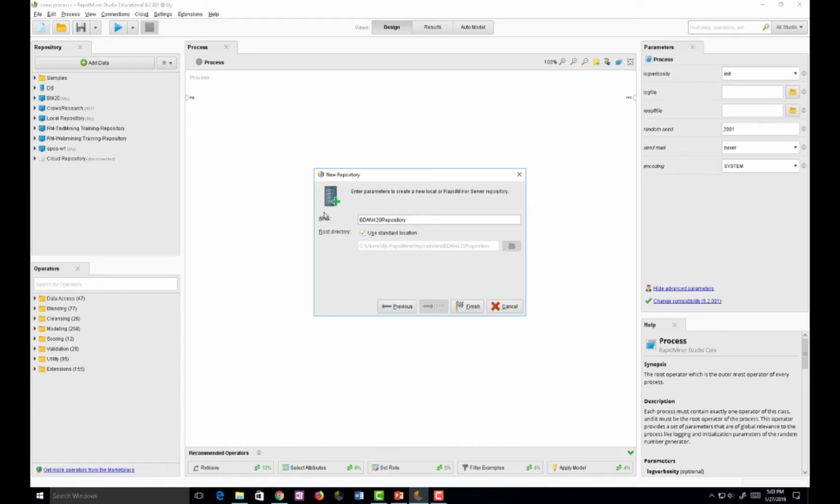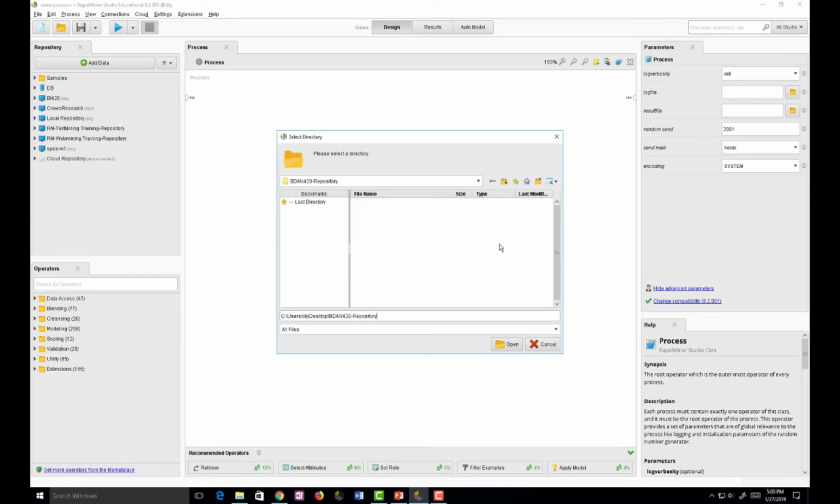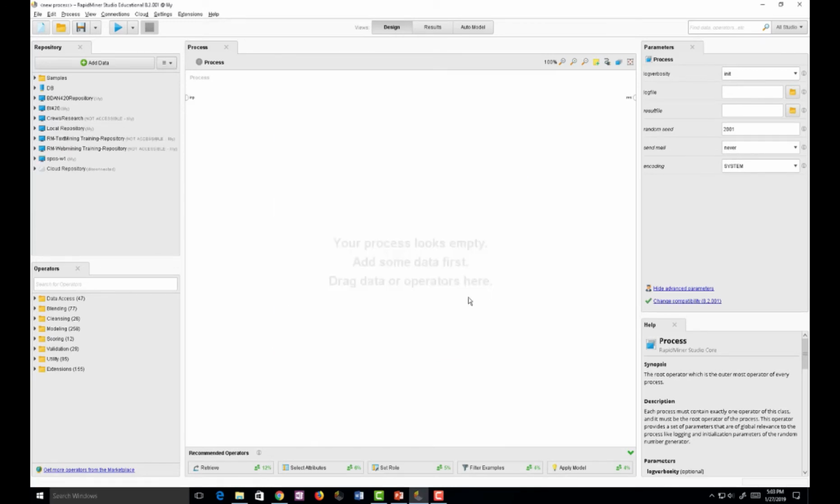Okay, and make sure to unselect this arrow and click on the yellow folder, and then go to your desktop and find that folder we just created that has the data in it, and just click it. Make sure it's over here, and then click open and finish. The moment you do this, you should see the BDN 420 repository on the left side. Again, what we did so far is creating a pointer from our RapidMiner to that desktop folder, so we can work on projects and save those projects